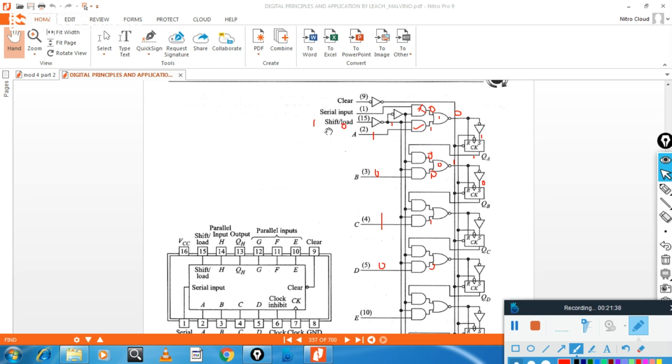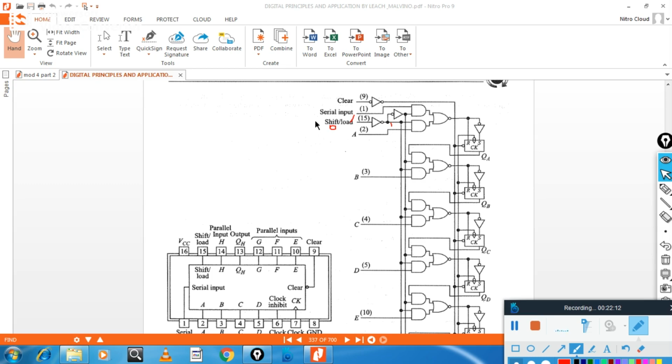Let me explain once again. When this signal is 0, this becomes 1, that is, load will work.